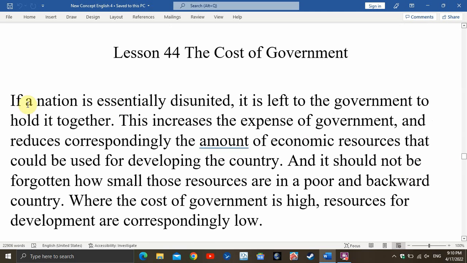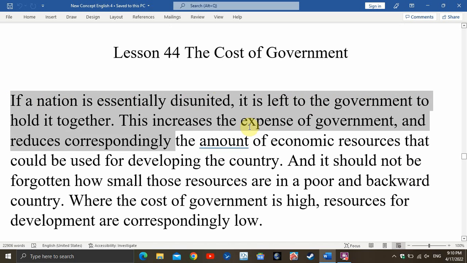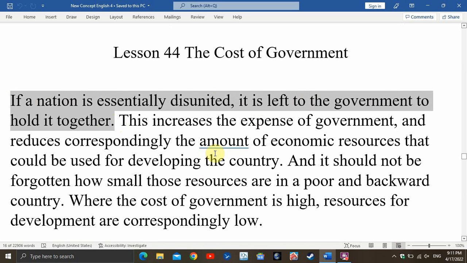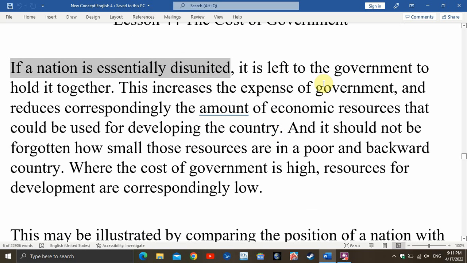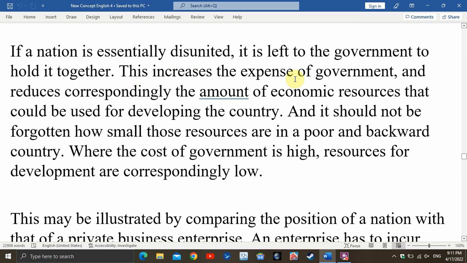我们看第一句。If a nation is essentially disunited, it is left to the government to hold it together. 这里有一个条件状语从句。这个 it 应该是形式主语，真正的主语是 to hold it together，这个不定式是主语。To hold it together is left to the government。这个 it 是指 nation。